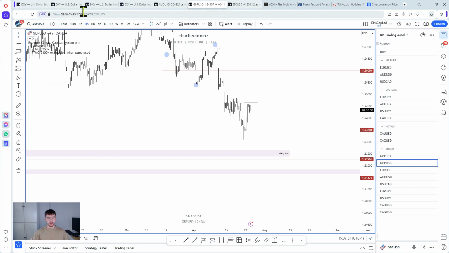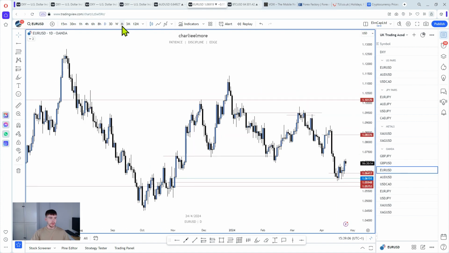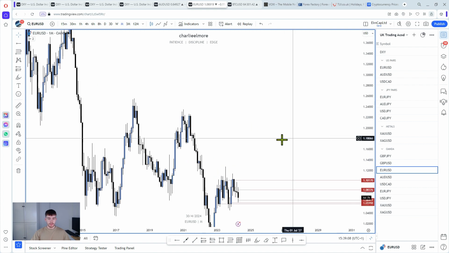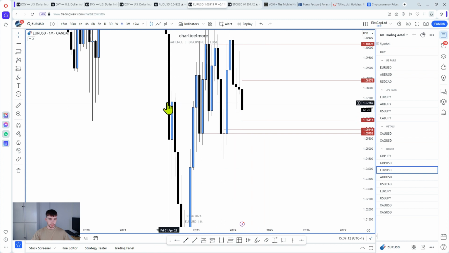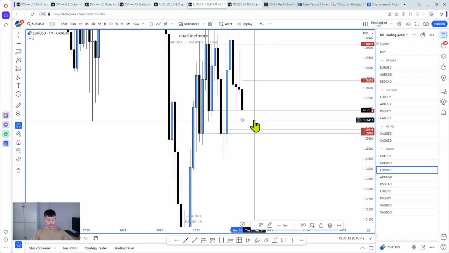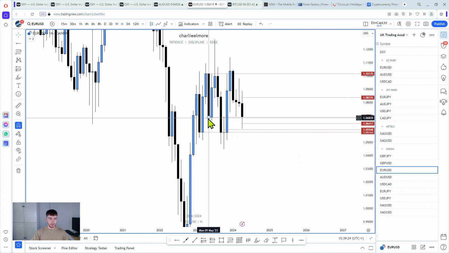So looking at EUR/USD then, let's do the same thing. Let's go to the monthly time frame. Let's determine where we are and what we're doing and where we could potentially be going. So on the monthly time frame, we've wicked into that area right there. Very, very simply put, we wicked into that monthly support, and price actually closed above this most recent high.